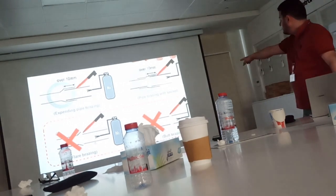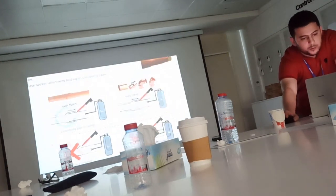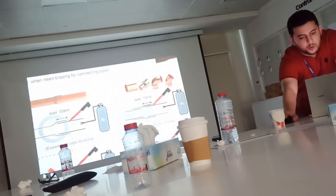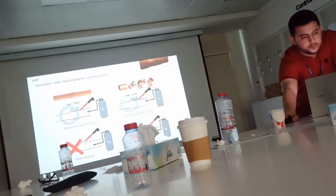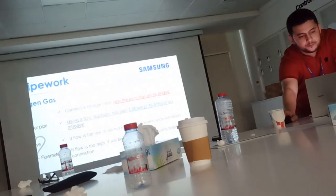Okay, these two ways are not allowed. So only use the proper socket and proper other fittings, elbows 45 or 90 degree. Okay, in the Y joint,